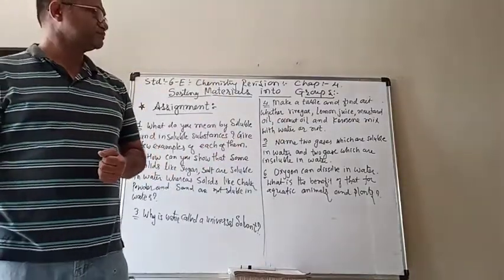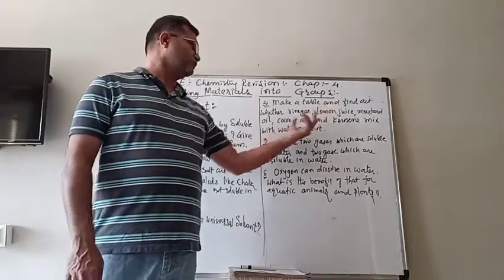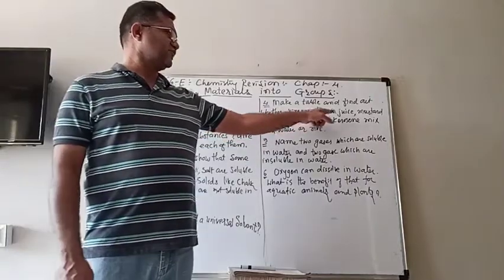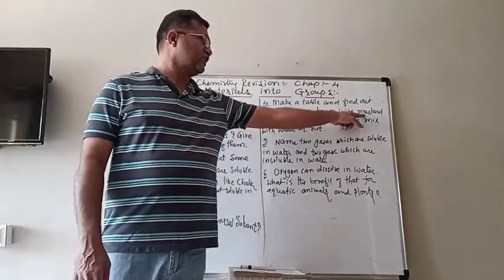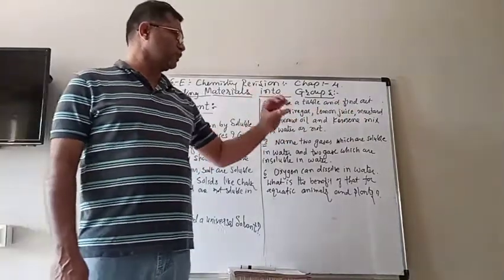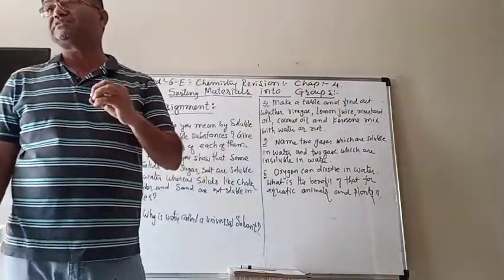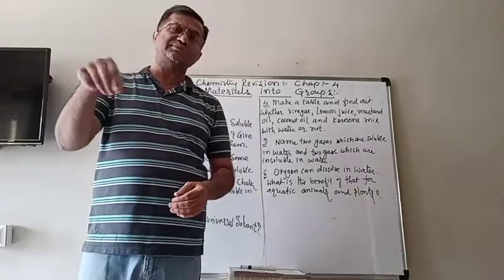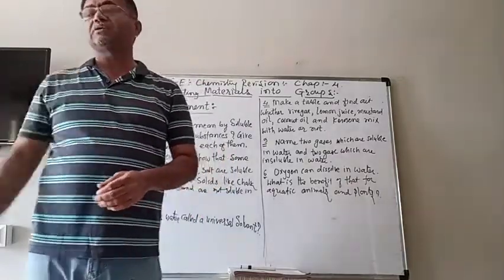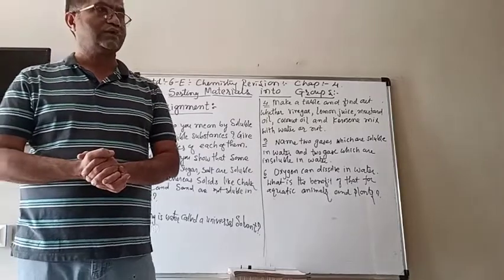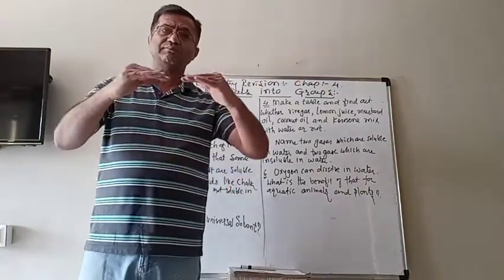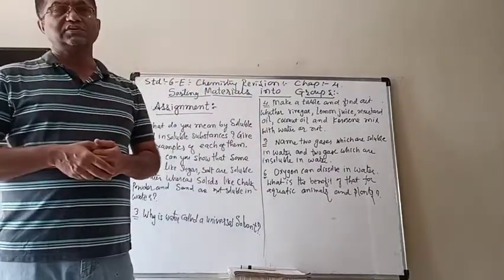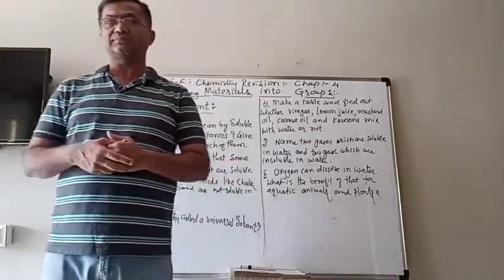So here what we have to do, we have to take water in four or five different beakers. In one of them, add some vinegar. Second one, add some lemon juice. In third one, mustard oil. In fourth, coconut oil. And in fifth one, mix some kerosene. And then with a glass rod or with the spoon, you can stir for a while. And after stirring, let them get steady. Then check what happens in each of the beakers.